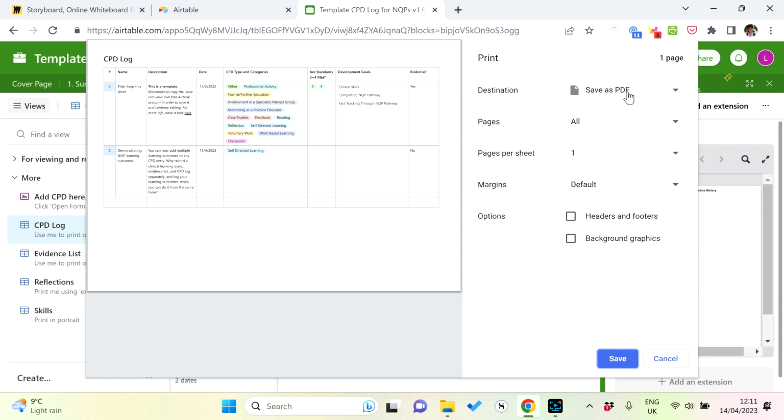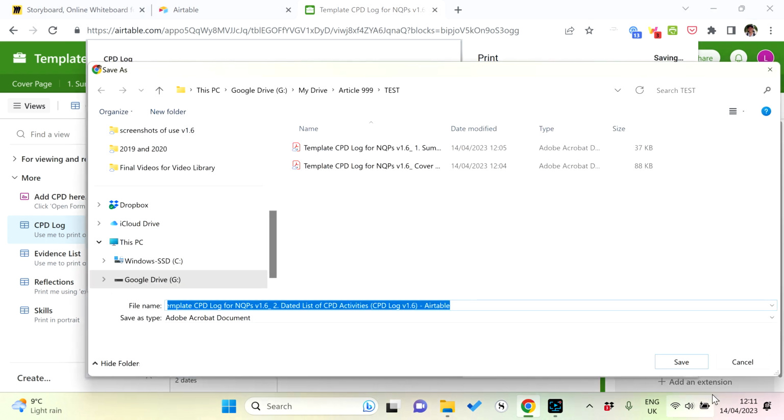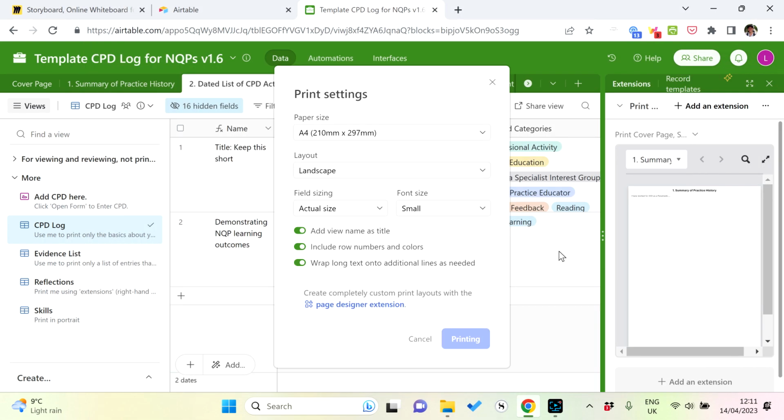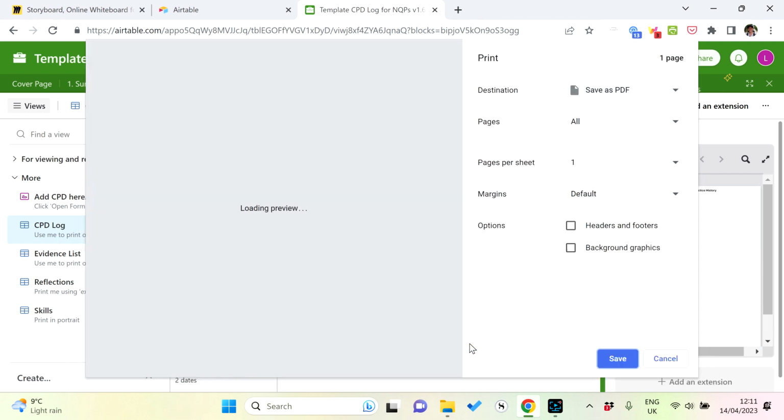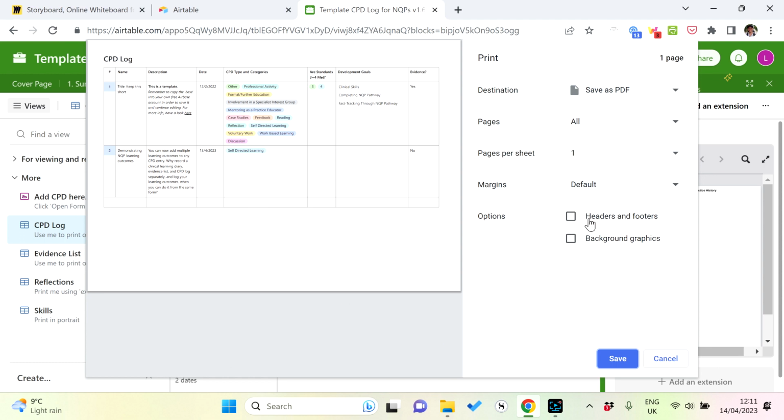When you're ready to print this, again, select the correct settings. I'm going to save it as PDF and click save there. You will have noticed there were no page numbers at the bottom of the page. Just to show you what happens when you press print, every dialog will have the option for a header and footer. If you click that button, your web browser will put on there a page number, and it will also